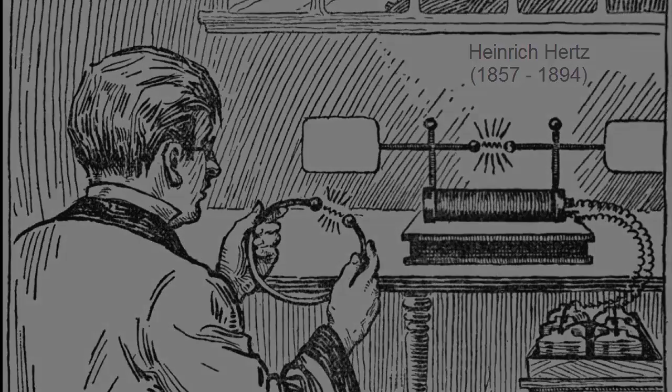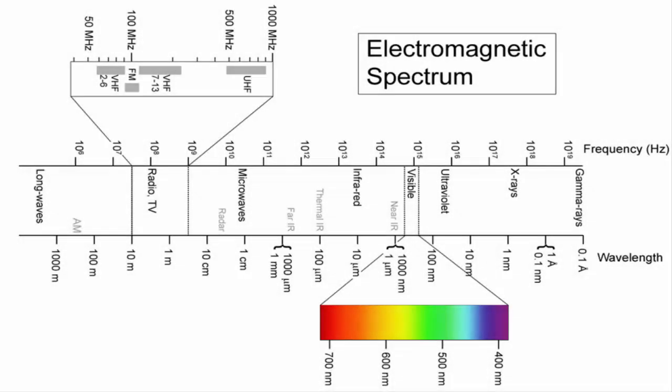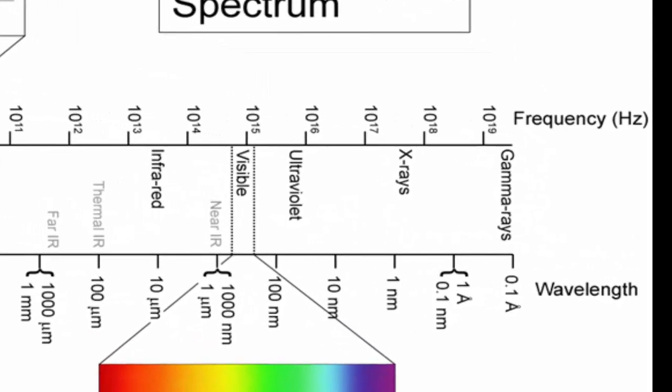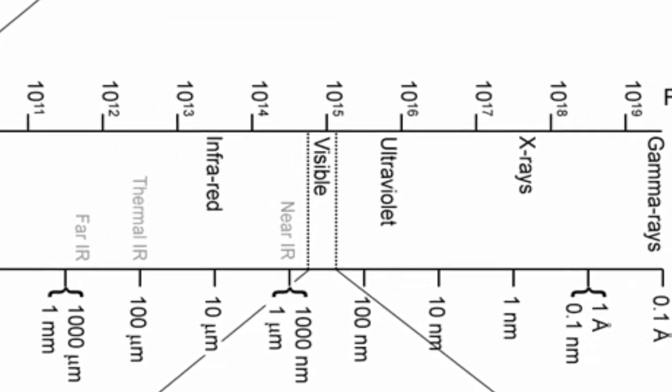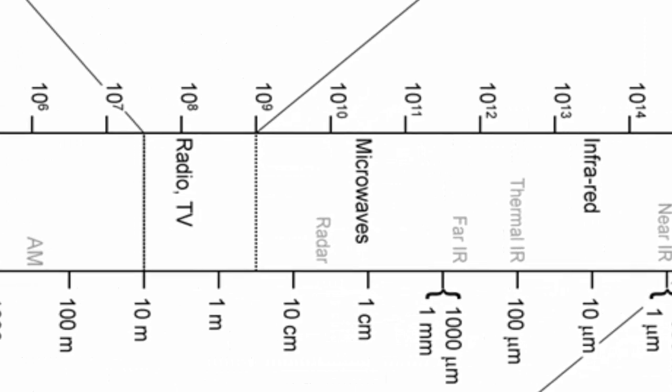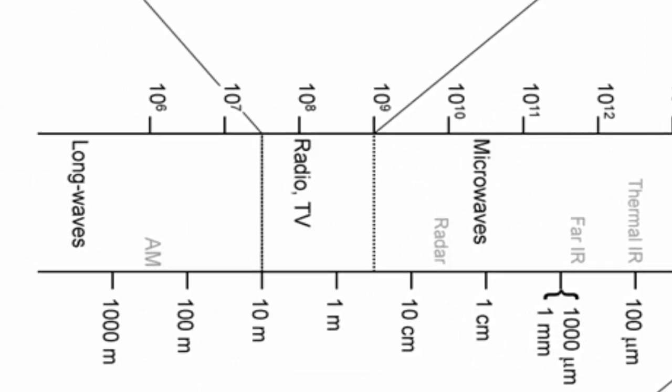We now know that there is a whole spectrum of electromagnetic waves, each distinguished by their wavelength and corresponding oscillating frequency. At the lowest end of the spectrum, there are highly oscillating, high-energy gamma rays that have wavelengths much smaller than the size of atoms. At the other end, there are low-energy radio waves whose wavelengths can be as long as many kilometers.